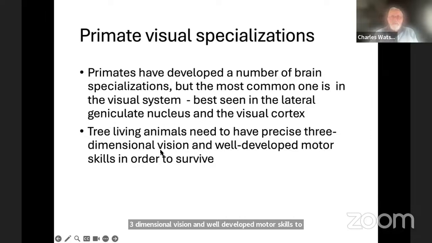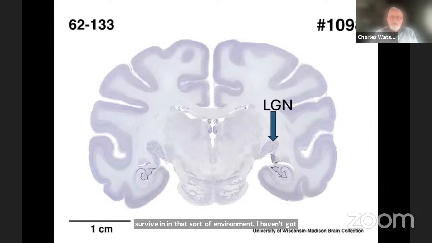I haven't got such a great picture of a primate brain, but this is something from brainmuseum.org, not as well stained, but there's the lateral geniculate, and you can vaguely see here that it has different layers. So I'm going to show you one from the left-hand side in the next section to show you what these layers really look like.